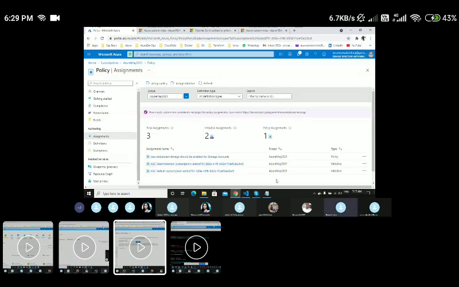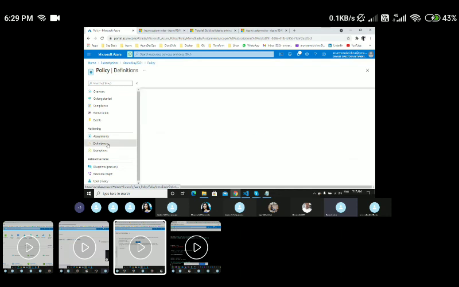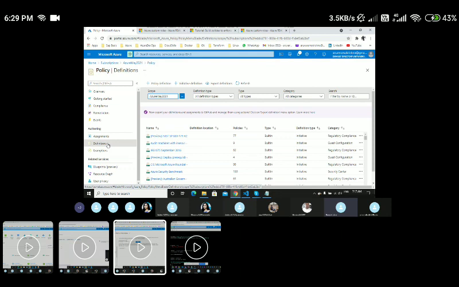If you see here, currently I have one policy assigned on a storage account, something like geo-redundant. If you wanted to have your own definitions, like creating a custom policy, you can do that as well. These are built-in policies, as you can see. That definition type is initiative, so initiatives here are built-in policies.